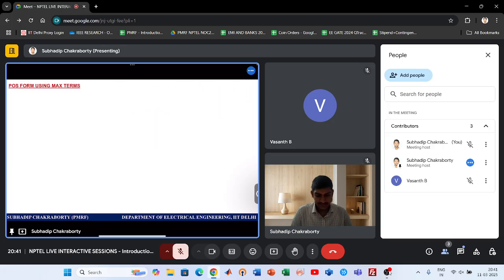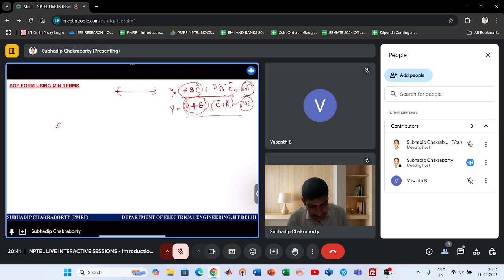So I will just, so how are they actually formed, the SOP and POS, how do you derive them, do you know? These SOP terms are formed using sum of products of terms. So what you do, you take the literals A, B, C, D, you product them and you add